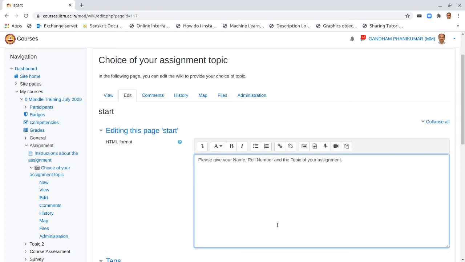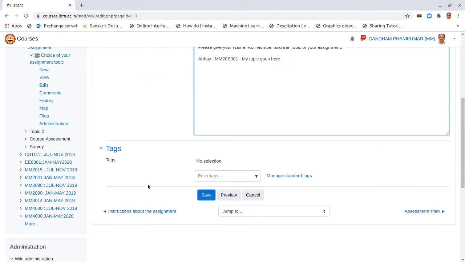Okay, and as an example we also give here wrapper mm20 B01, and then the name, let us say Abhay. So this basically hints to the students that that is how they want to give, and we can then save